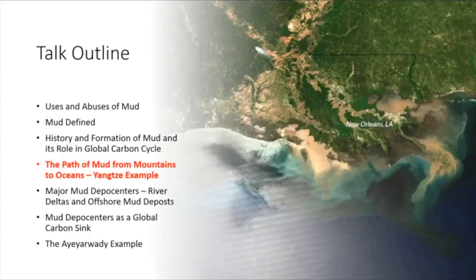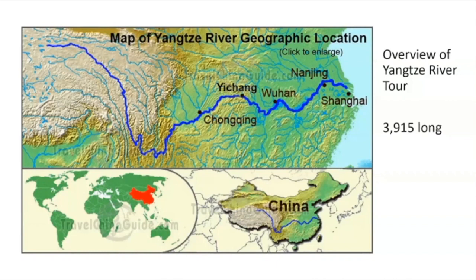So let's move on. Now we'll take kind of a fun tour down the Yangtze River, and you can think about visually how this material moves and some of the areas that it travels through. So the Yangtze River is the longest river in Asia, and it's the longest river in China. It starts out here in the Tibetan Plateau. So this is China,